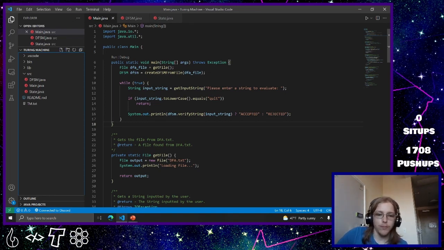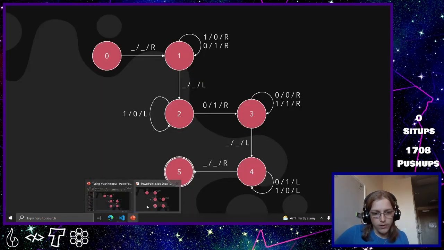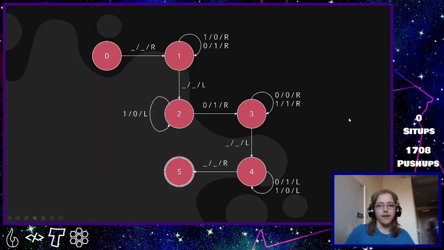But I would first like to explain what a Turing machine is and how it's used for those of you who aren't familiar with a Turing machine. So let me open up this PowerPoint that I made. Okay, so this is an example of a Turing machine, and for those of you who saw my finite